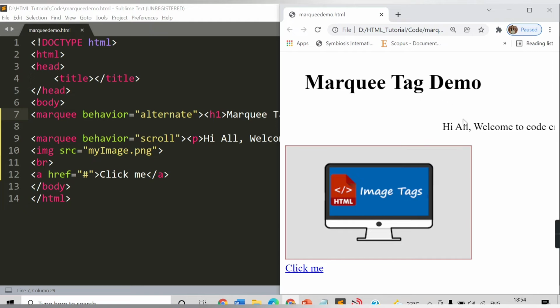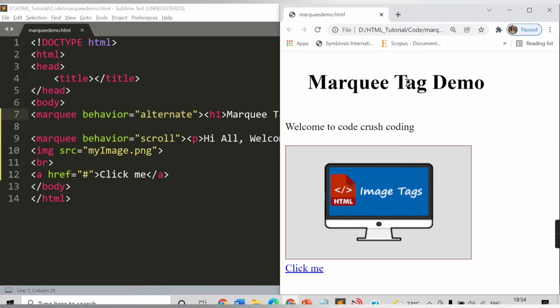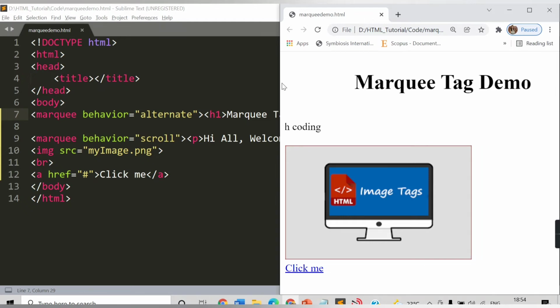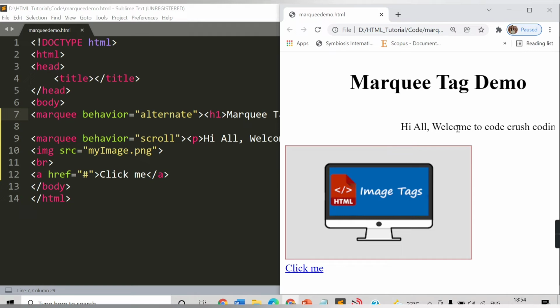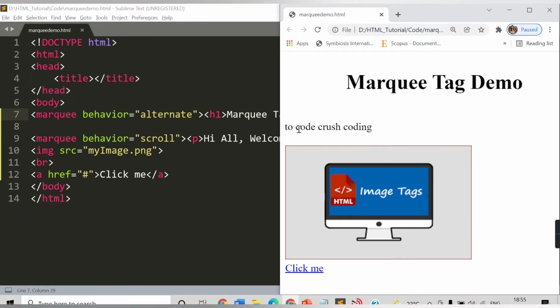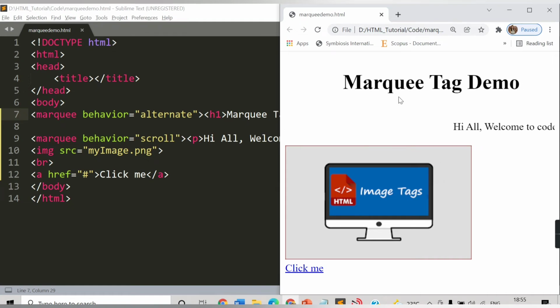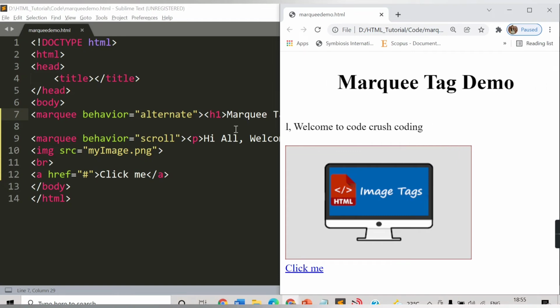Now see, both of them are moving from left to right, but the behavior for this heading tag is alternate: it will be displayed till here and again it will move towards the left direction. But the paragraph tag gets totally displayed, afterwards it becomes invisible and then starts again from the left direction. So this is the difference between behavior alternate and behavior scroll.